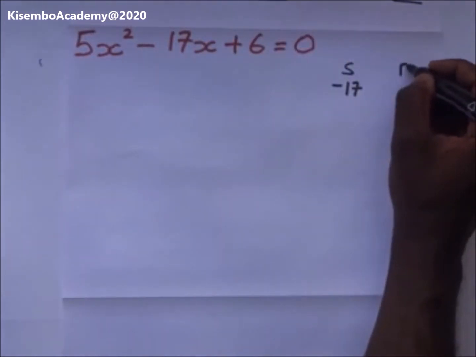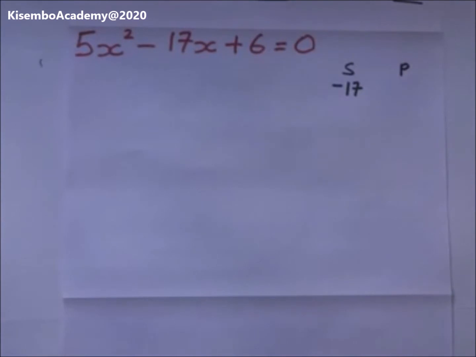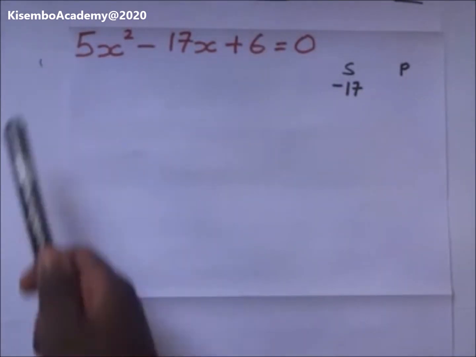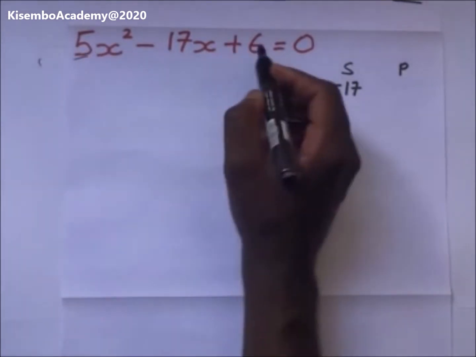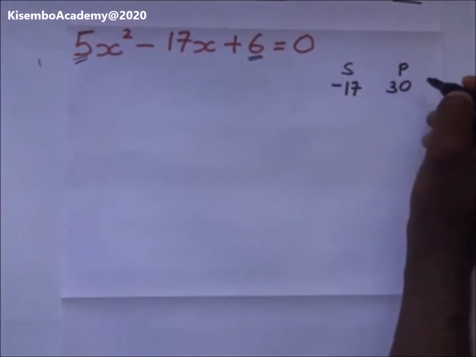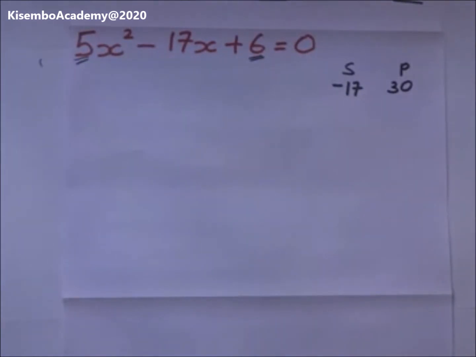And when we multiply those two numbers, they're supposed to be giving us a product of 6 times 5. And we know that 6 times this 5 is giving us 30. So where are those two numbers going to come from? Again, those two numbers are going to come from the factors of 30. So let's evaluate the factors of 30. Now, from the factors of 30, we have